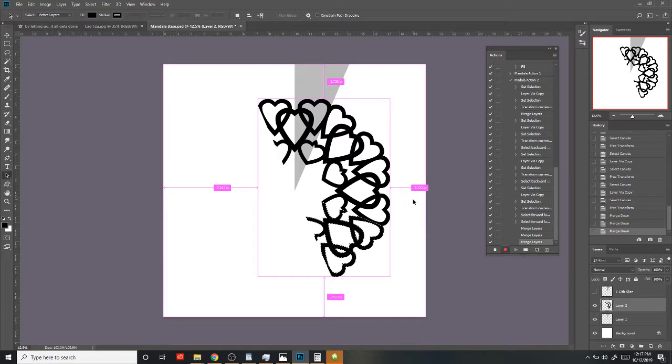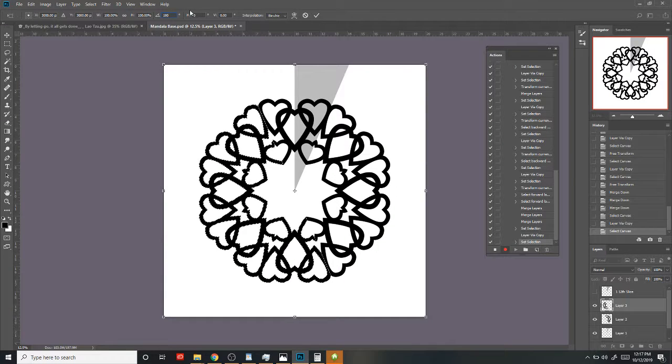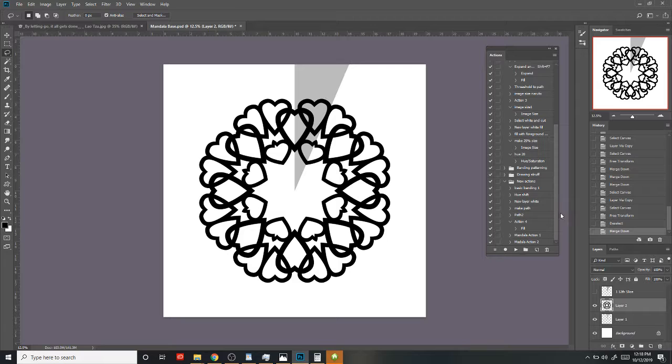And now we have a full half of a mandala effect, and then we'll duplicate that, but transform it and rotate it 180. Yeah. All right. And with that, deselect and merge down. We have a completed mandala action, and this should work. You can see it's a pretty complex action, but once you have it geared up,